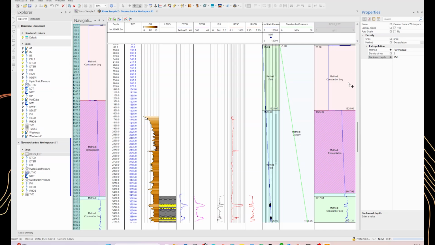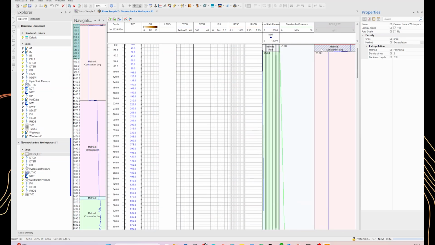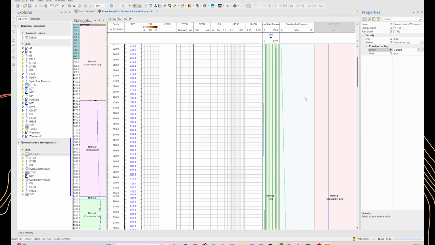We can also correct the air density that we have at the top. And that will be another constant value for the air density. Let's put 0.0001, and that gives us our density estimated curve.